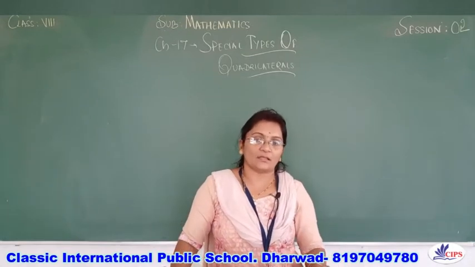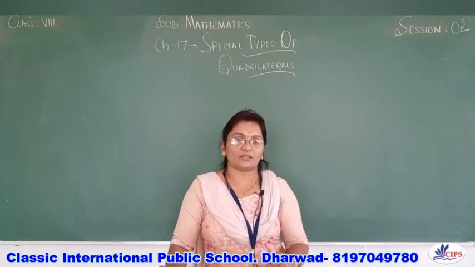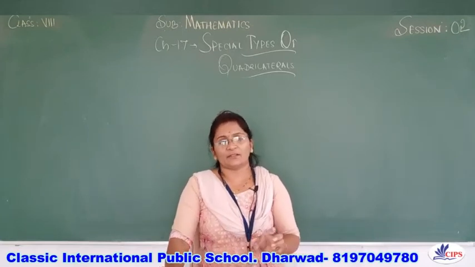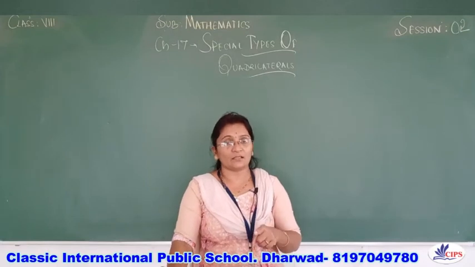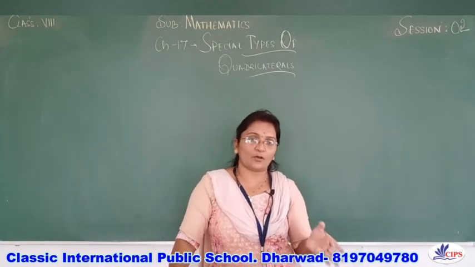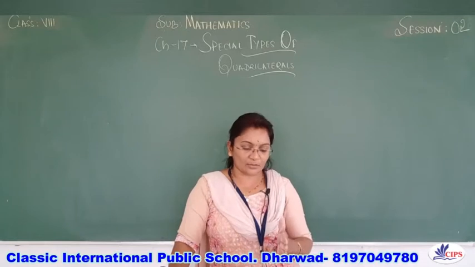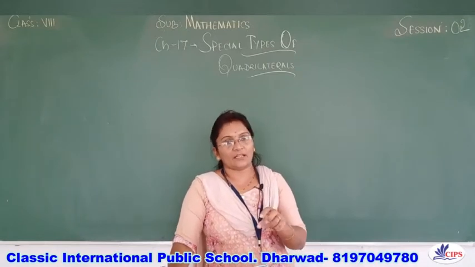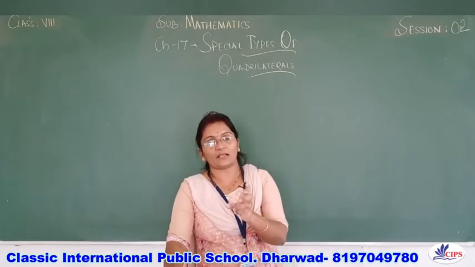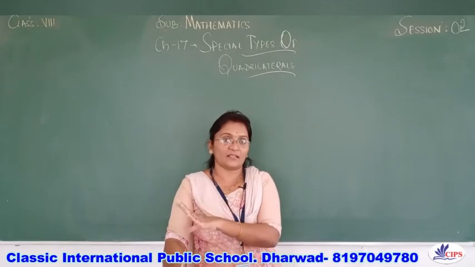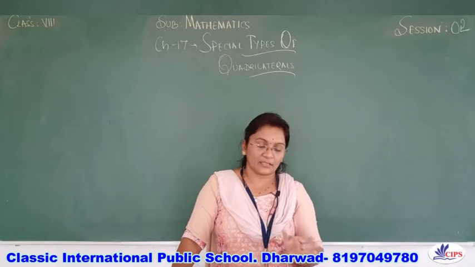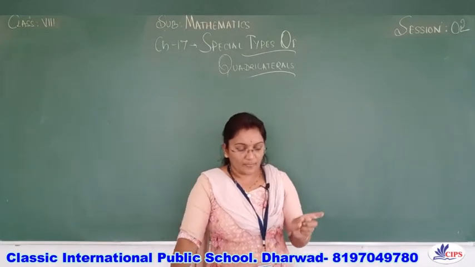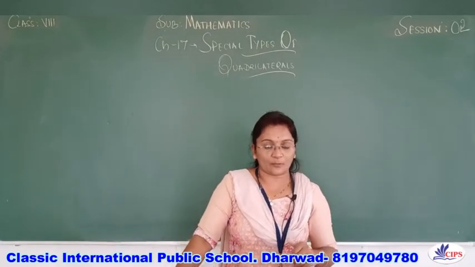So what is a rhombus? It is a quadrilateral in which all the sides are equal. Here, all the sides being equal means we have one more figure, isn't it? That is a square. In a square all the sides are equal, and in a rhombus also all the sides are equal. The difference is that a square has all angles 90 degrees, all right angles, but in a rhombus it's not 90 degrees. So now we know the definition of a rhombus.